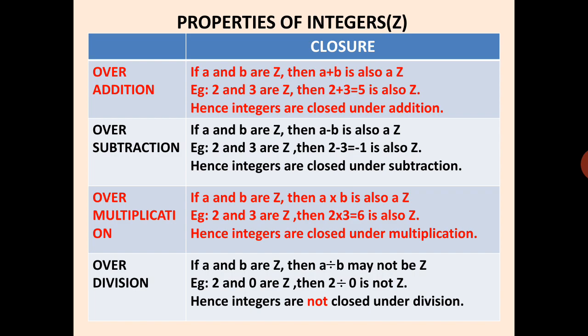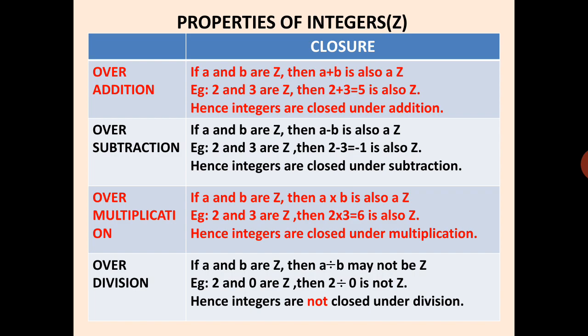Now, let us start with the very first property, that is closure property. Here, children, we all know that we have 4 operations to be done: addition, subtraction, multiplication and division. They all are written one below the other on your left hand side. Here we are going to check the property that is known as closure property with respect to addition, subtraction, multiplication as well as division. So we are considering one property at a time and we'll go on checking for each and every operation. Let us start with the addition.